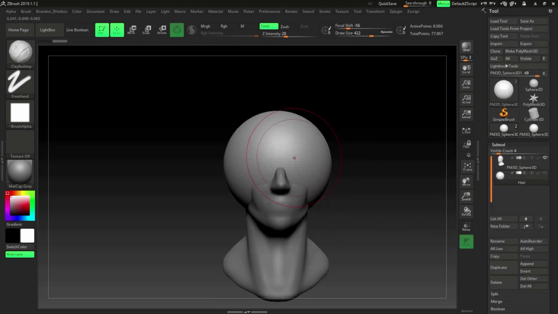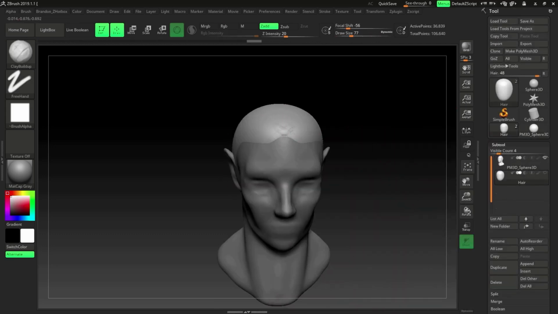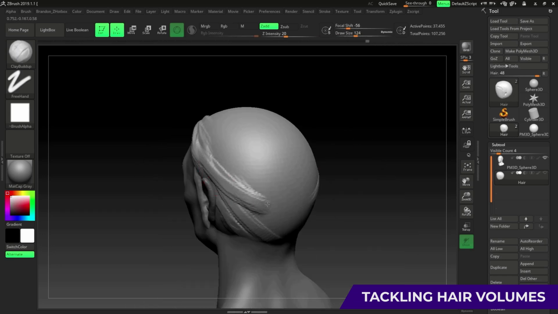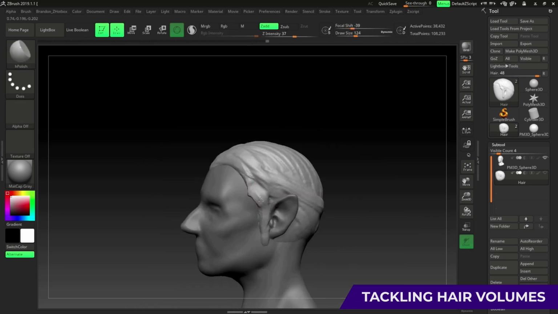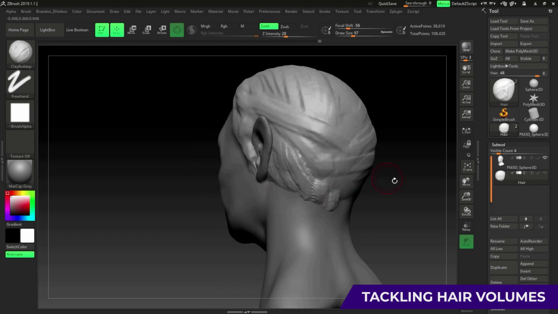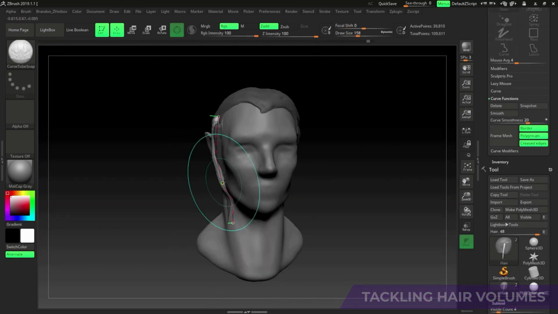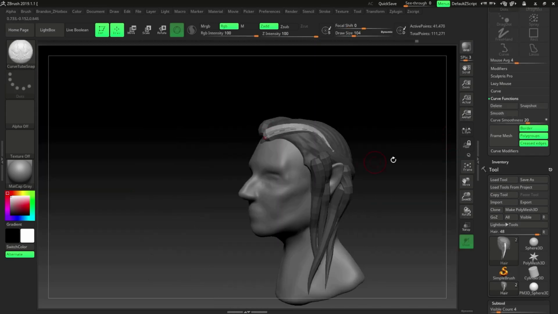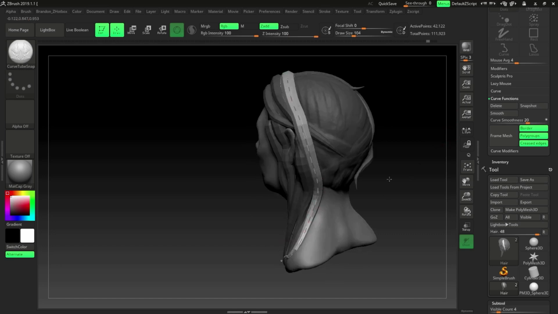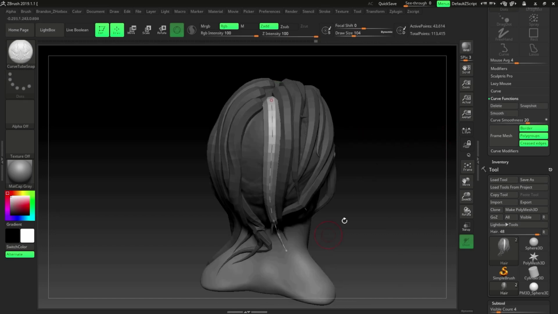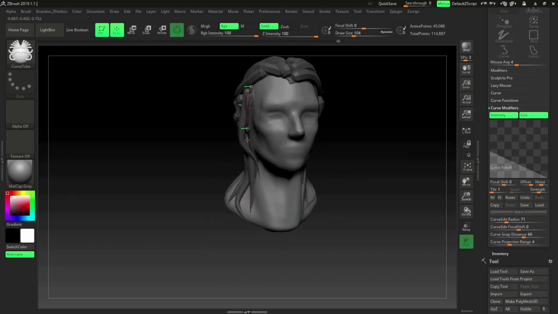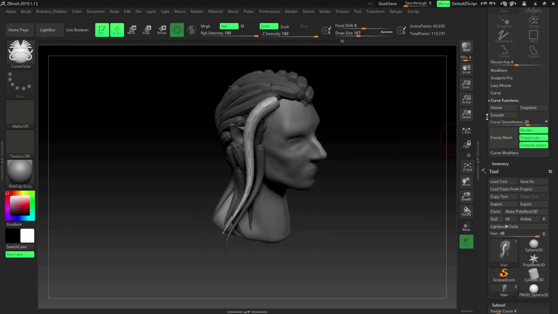With the major proportions all fleshed out, I want to quickly block out the shapes of the hair. As hair plays a huge influence in the perception of facial shapes, I want to tackle this as soon as possible. Over here, I'm sculpting the base hairline followed by adding tubes to quickly create volumes of hair strands. I'm focusing on capturing the gestures of huge hair volumes and how they flow down the back of her head